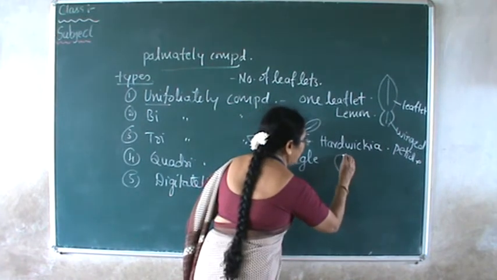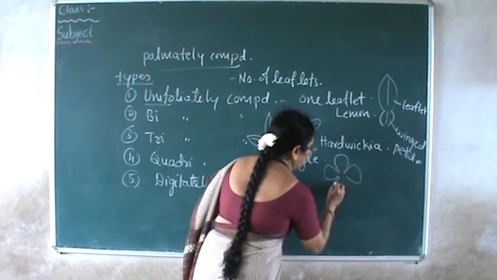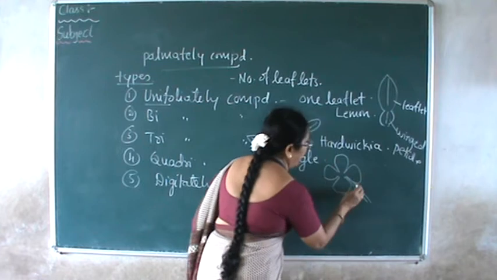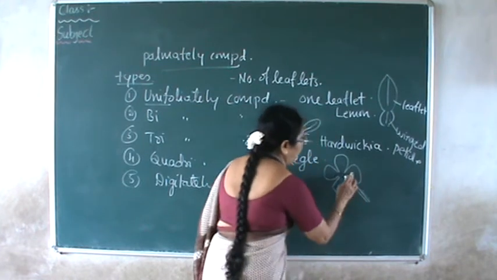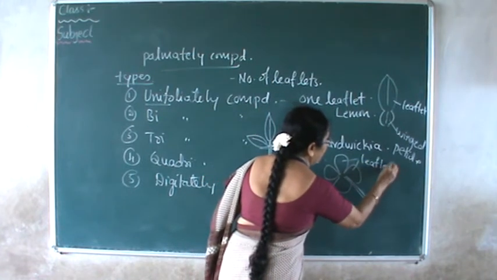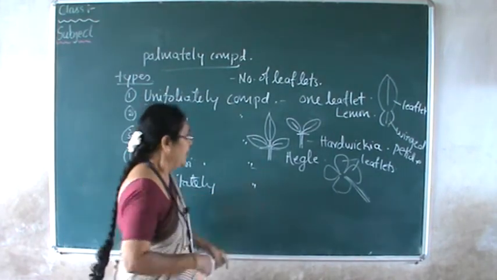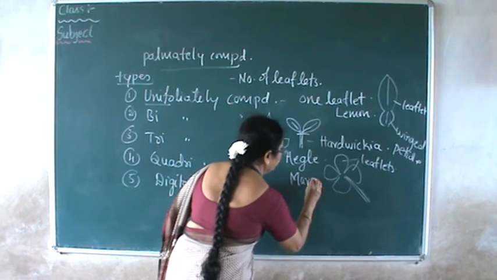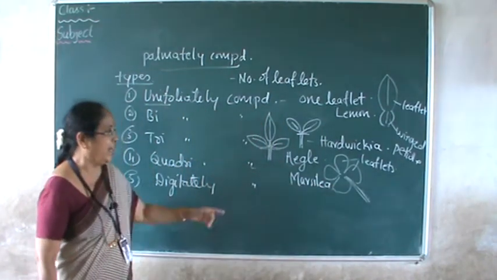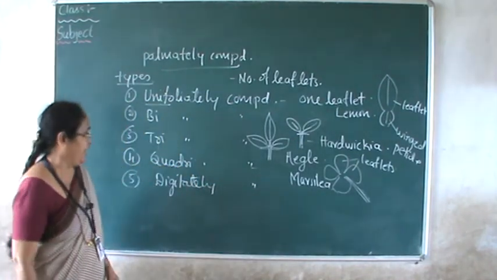And in this case, there is an example from the pteridophyte side. That is the most common type of pteridophytic plant. This is a petiole and this is the stalk of the leaf, and all these 4 leaflets are arising. These are all leaflets arising from a common point, and this is generally found in freshwater ponds. The plant is a pteridophyte, and the name of the plant is Marsilea. Marsilea is an example for quadrifoliately compound leaf. It's not an angel's palm. It is a pteridophytic member.